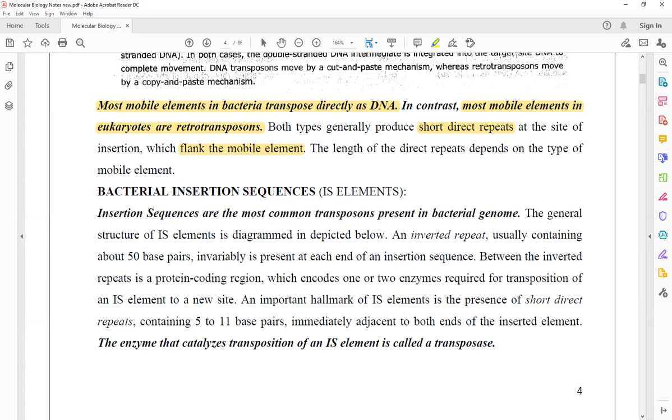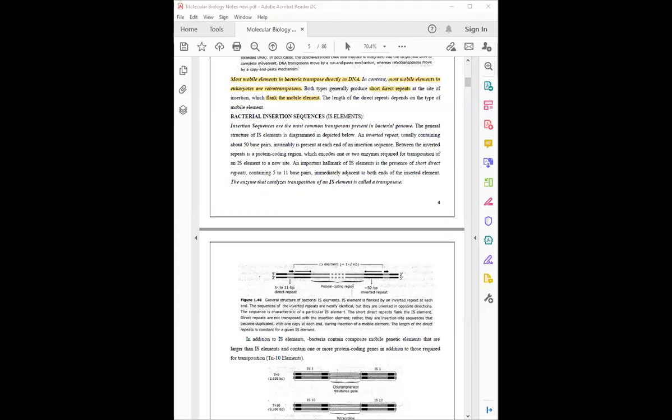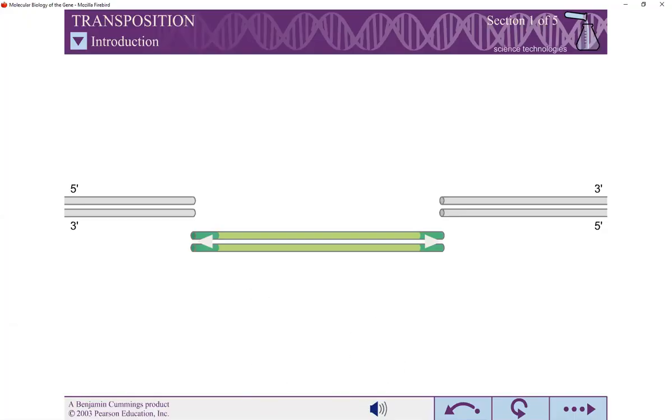So just sharing this PowerPoint presentation with you all, and here we are. We are going to talk about Transposition is a form of genetic. Just a minute. Are you able to visualize it on your screen or not? Okay, I'm just resuming the share. Okay, no problem. So I'm just resuming a new screen. Now you are able to visualize the same on your screen or not? Hello guys, are you able to now visualize the same on your screen?